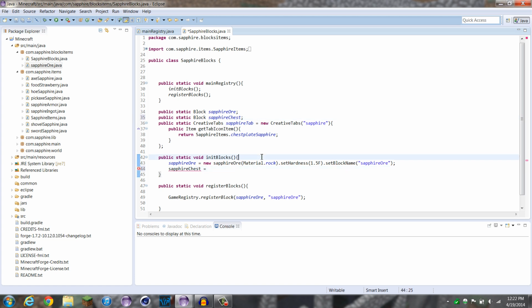Alright, so it's gonna equal new, sapphire chest. And that's gonna have parameter 0, which we're gonna add later. Dot set block name is gonna be sapphire chest,